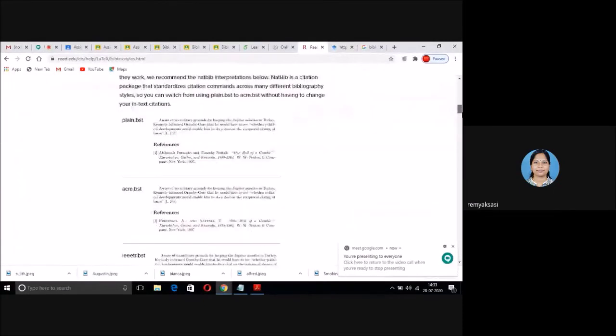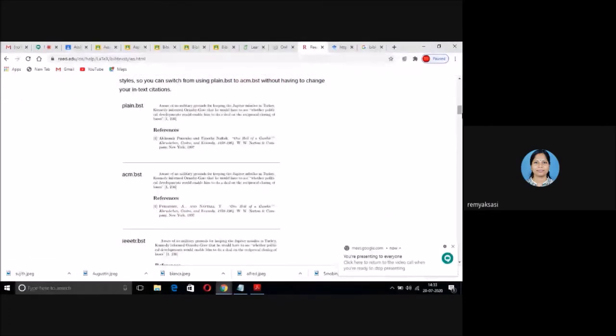See, you can see this. We use plain style. Earlier we used plain style in our article. See here, the title is shown in italics. Now this is ACM. This style is followed by ACM journals. Here, the first author and second author names are given in capital letters. Again, the title is in italics, followed by the affiliation, and then the year is given.